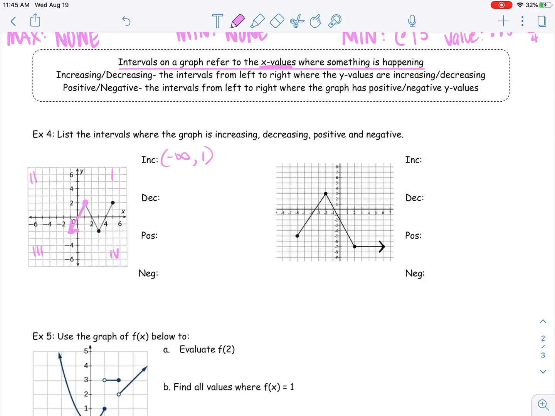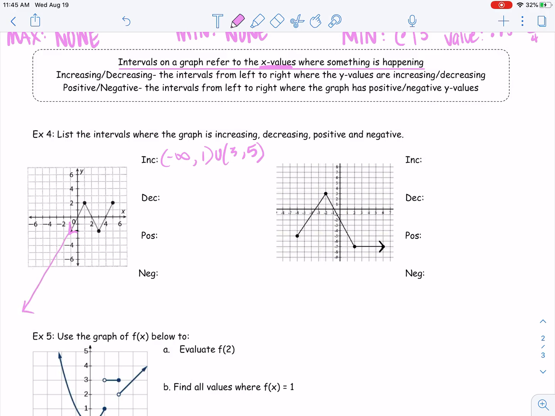But the graph doesn't stop there. It starts to decrease, and then it goes up again. Notice that's a positive slope here. So from this x value of 3 all the way to this x value of 5, it is increasing. Okay, so I'm reading from left to right and seeing where my graph is going up because I'm looking for increasing. So because there was an arrow here, it keeps going down, down, down,